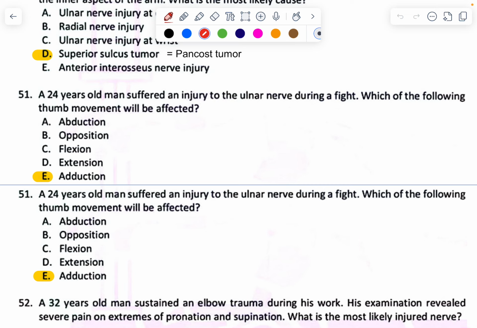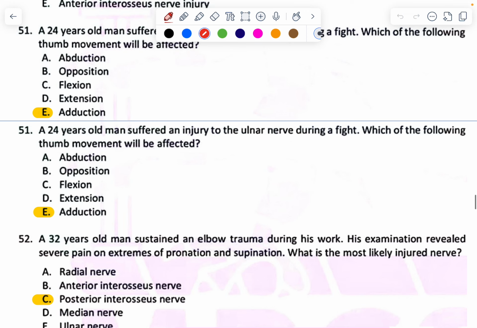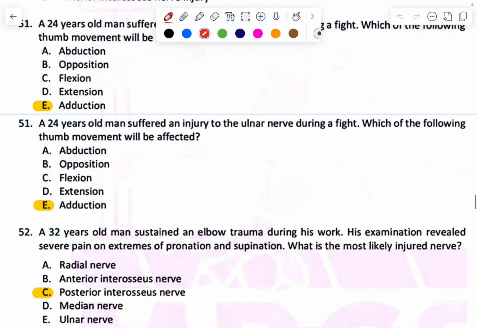A 32-year-old man sustained an elbow trauma during his work. His examination revealed pain on extremes of pronation and supination. Which nerve is likely injured? Elbow trauma, supination and pronation is by the pronator and supinator. These are helped by the biceps. Musculocutaneous, most commonly, let us see, posterior interosseous nerve is the